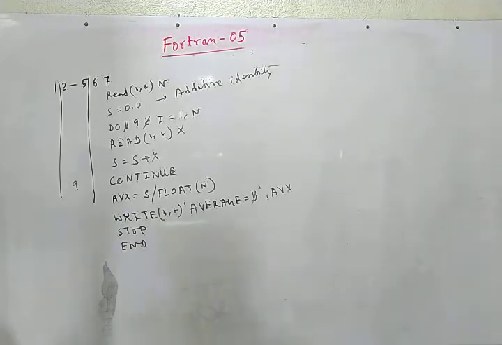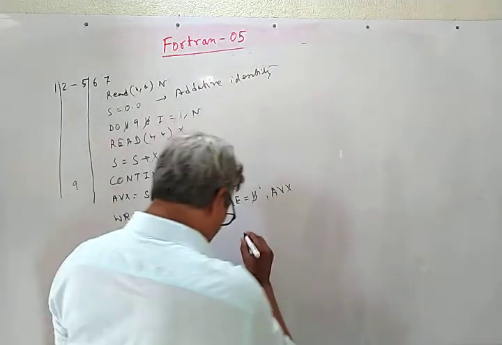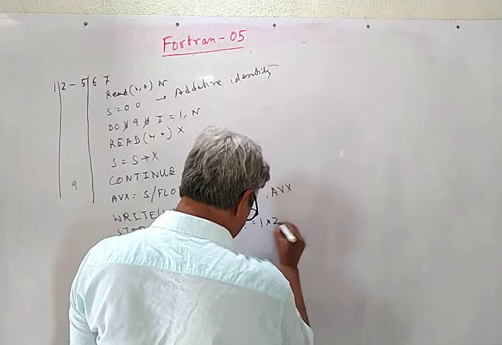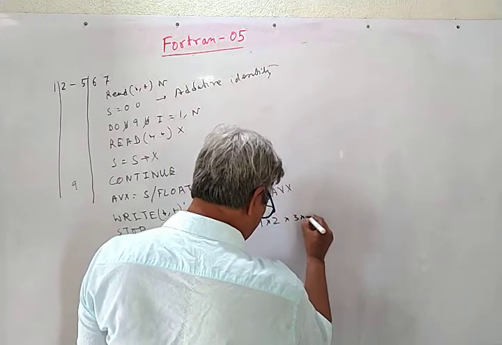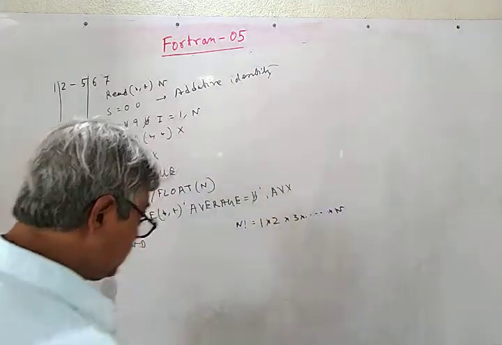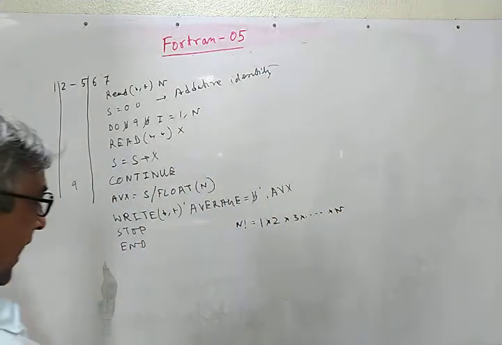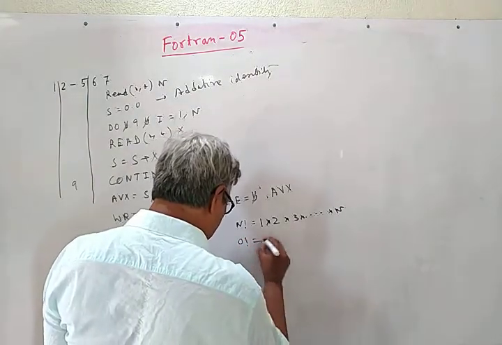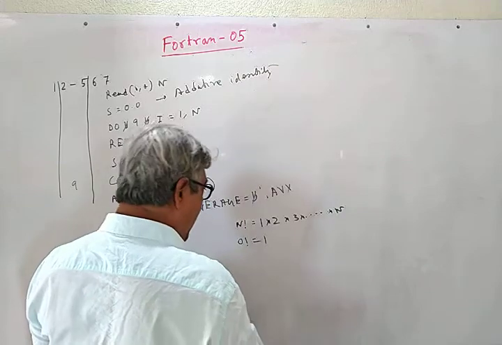Another example I am considering by using do loop is the calculation of factorial n. Factorial n is defined as